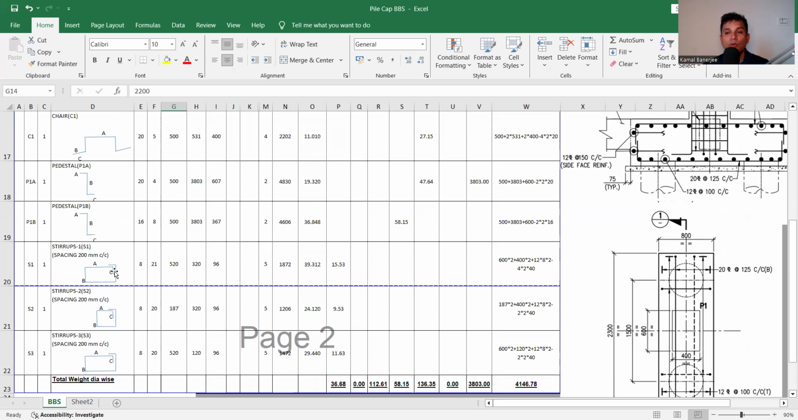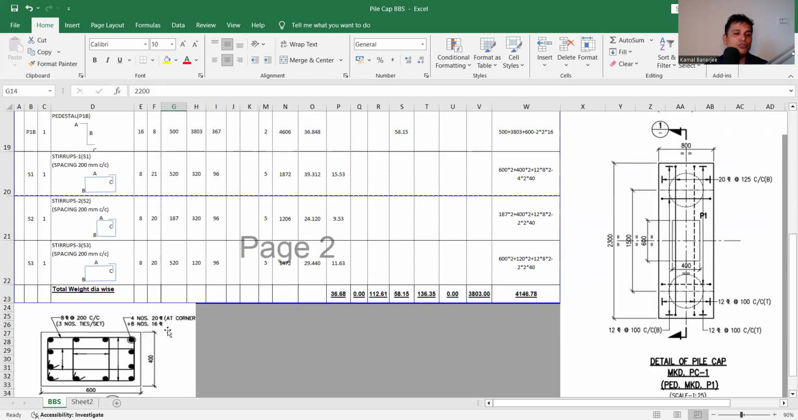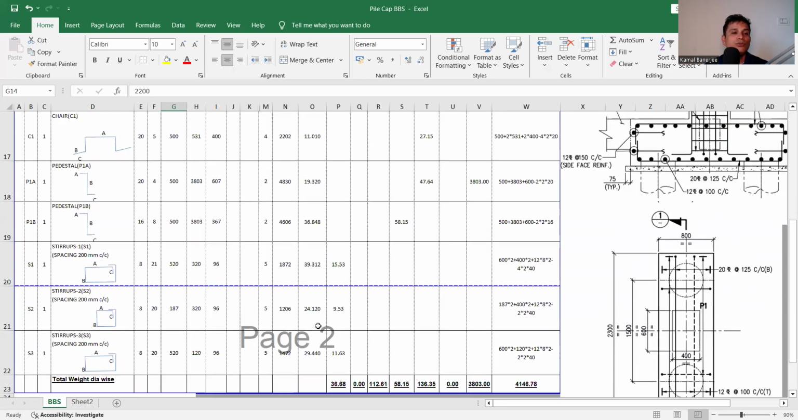Now, we need to calculate the bar for the column or for the reinforcement. So what is the bar? Main bar is 4 numbers 20. So first we will calculate the 20 bar. The dia is 20. Number of bar is 4. So what will be the